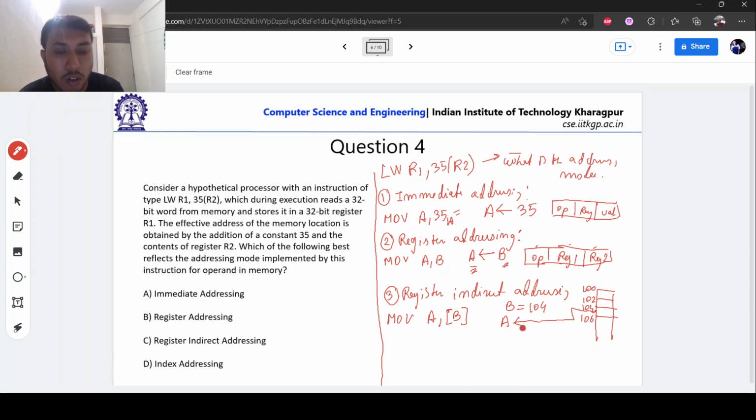So B here contains an address in the main memory, and the data from that address location is stored in A. This is called register indirect addressing,